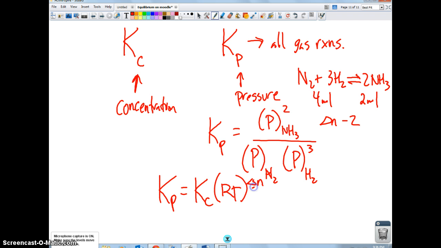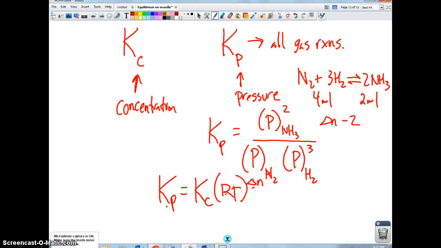So this value would be a negative 2 power. If we know the Kc, which I said earlier was 6.3, times R times T raised to the negative 2 power, we would then get the value of Kp. And those pressures are almost always in atmospheres. The value of R on this is going to be a different value of R. This one is going to be,